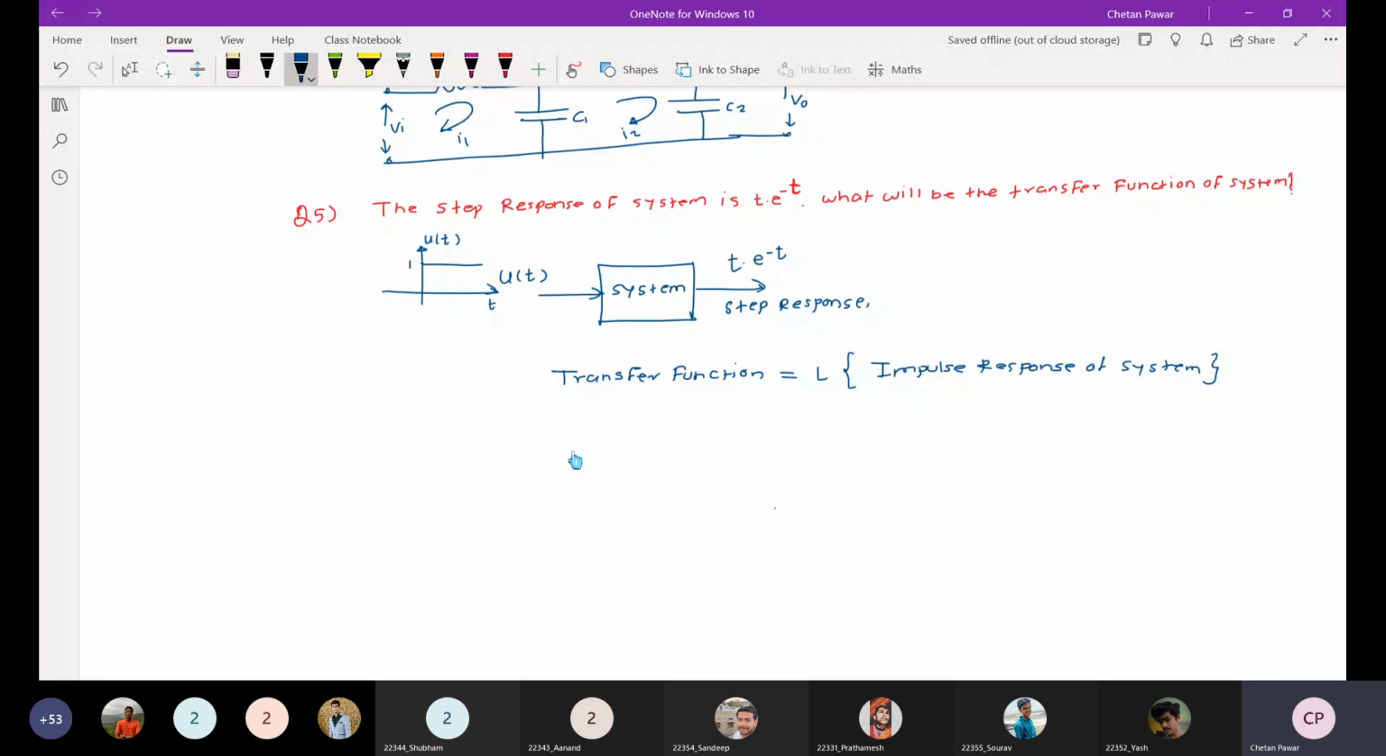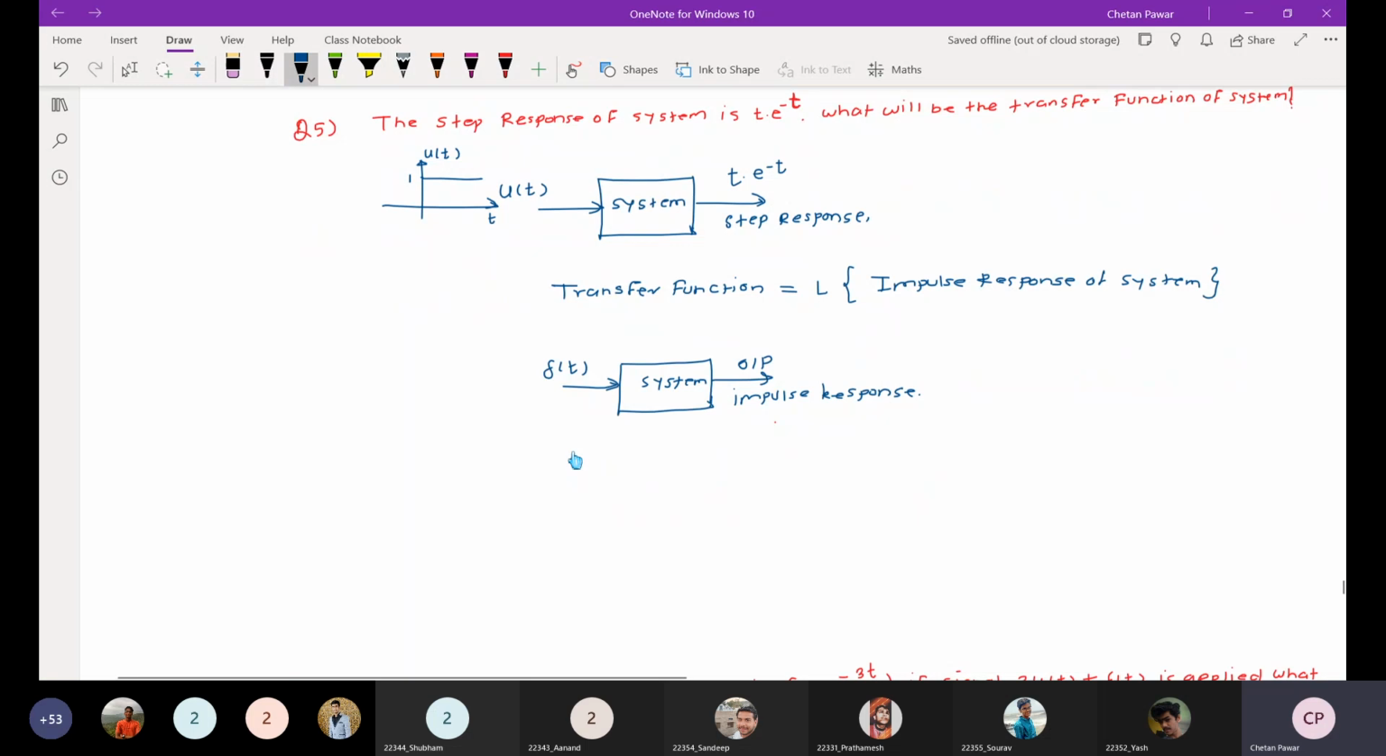So what is meant by impulse response? This is a system. When we apply an impulse as an input, whatever output we are getting is the impulse response of the system. And generally, if we take a differentiation of the step response,